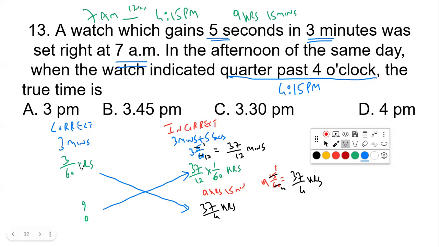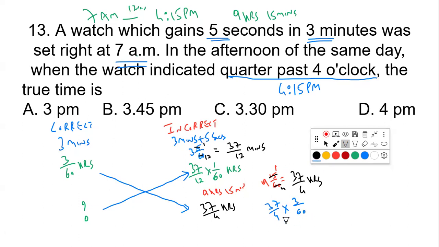Please see the equation. 3 minutes, 3 minutes 5 seconds: 3 by 60 hours, 37 by 12 into 1 by 60 hours. We have converted into hours. And this is running for 9 hours, 15 minutes. Our question is how many hours from 7 a.m. the true time will run. So what will be your equation now? 37 by 4 into 3 by 60. Hope you are following this. 37 by 4 into 3 by 60